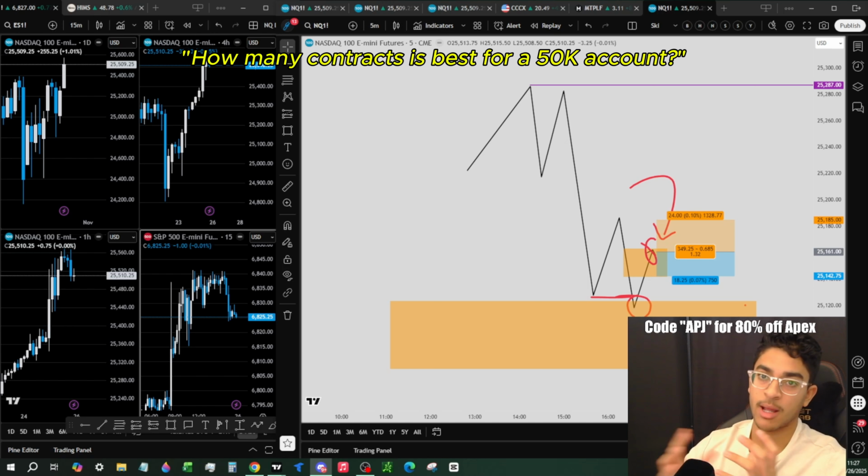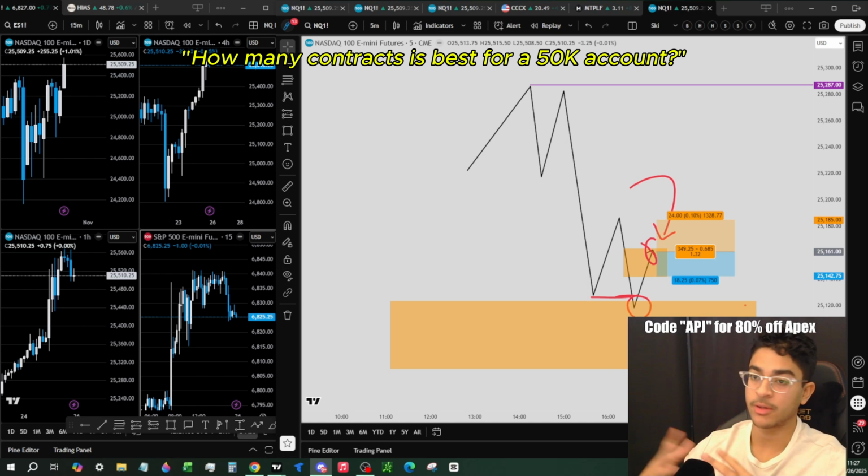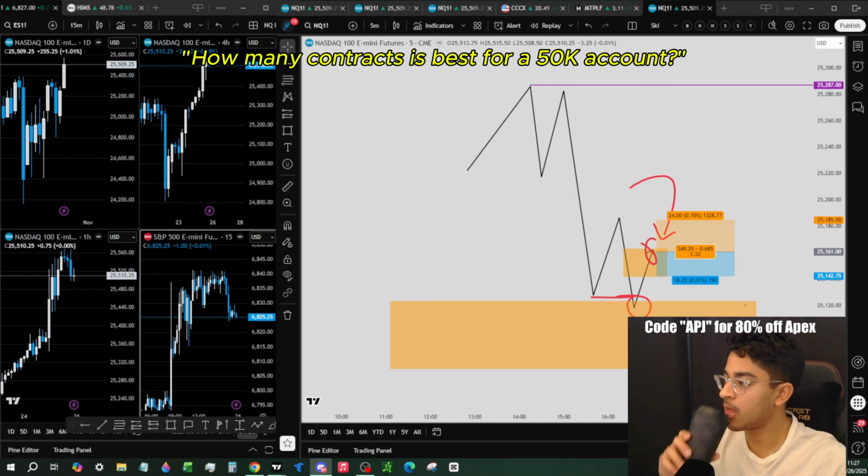But it also depends what your balance is at, right? Do you have full drawdown? Are you close to profit? Are you in profit? When you should downsize is when you're actually risking profits that can be withdrawn. So if your balance is $3,000 in a 50K, you don't need to be trading 2 minis anymore, because if you take a loss, that's real money taken away from you and what could have been a payout, right? So various factors there. If you have full drawdown in the beginning, don't trade more than a mini, in my opinion.